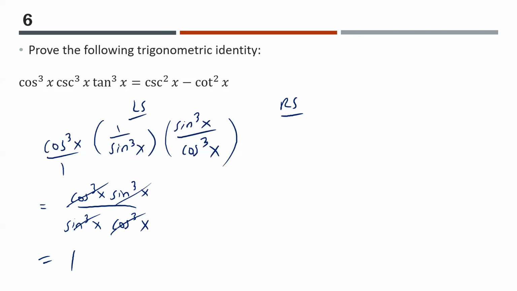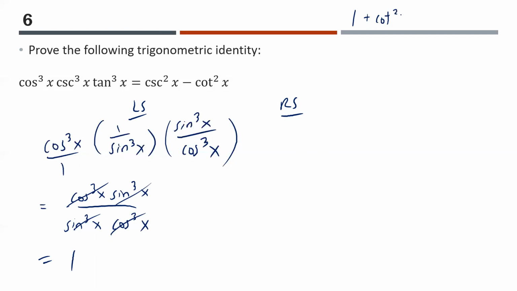Since we just have 1 on the left side, we now have no choice but to jump back to the right side, because you can't get any simpler than that. So let's look at the right side. Maybe something I could do on the right side here is, oh, you know what? I was going to say we could turn everything to sine and cosine, but I think I got something better on my sleeve. Remember on the last slide, I told you guys